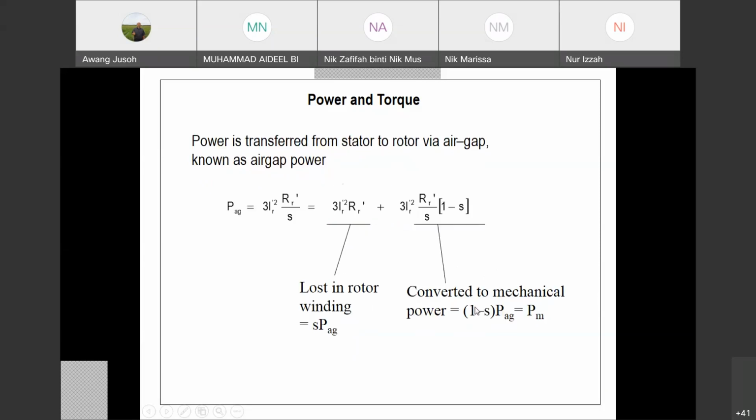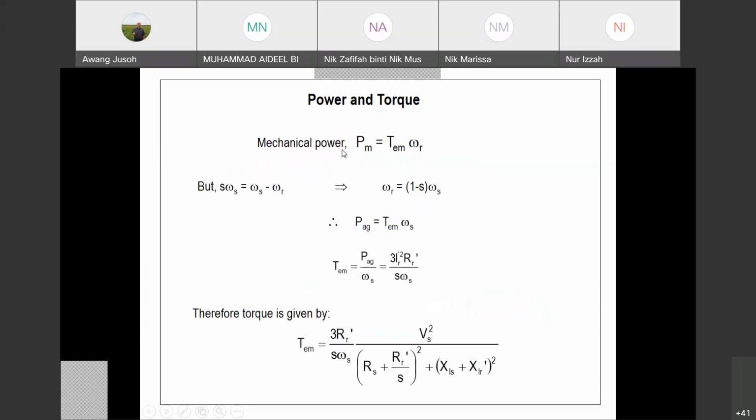Okay, so this is regarding the power. Finished. Now we're going to study the torque. We know the power already, and we're going to find the torque. What is the equation between power and torque? Everybody knows, power equals torque multiplied by speed. This is a basic formula for the machine. So if you multiply torque by speed, you get the power.